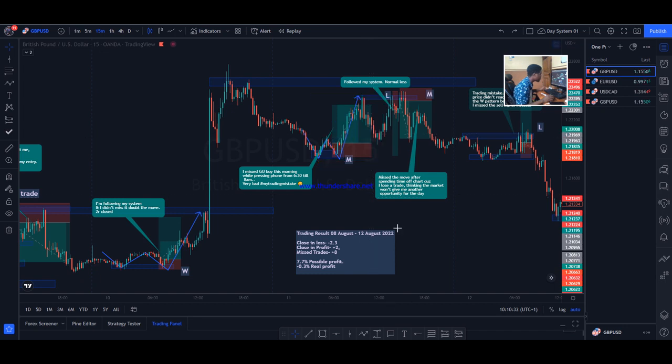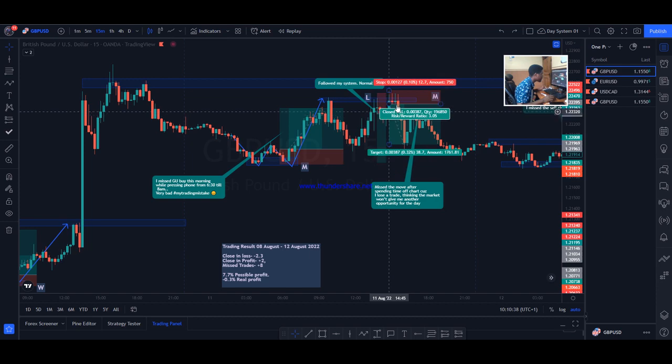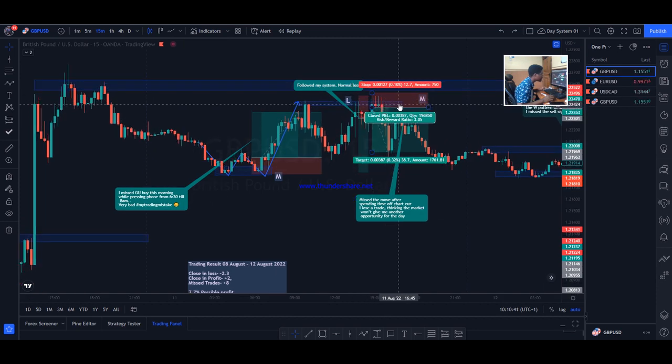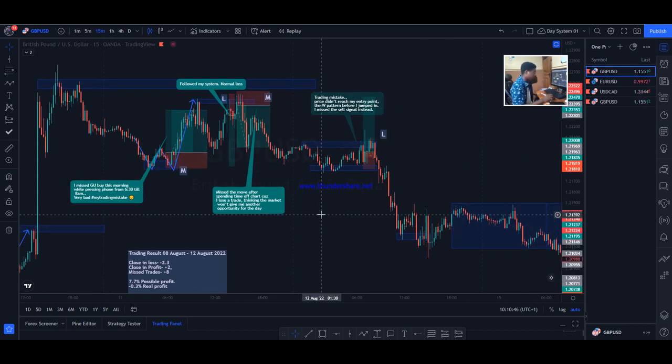You want the price to always move in your favor. When it is not moving in your favor, you feel bad. You see yourself as a loser, whereas you are not a loser. That is the kind of stuff I think most traders are fighting with every time. They don't always want to take the L,